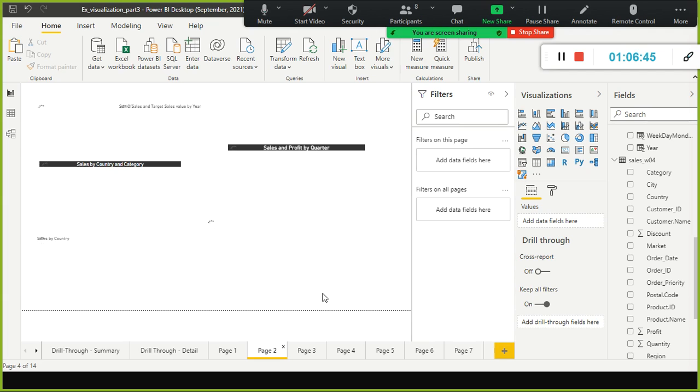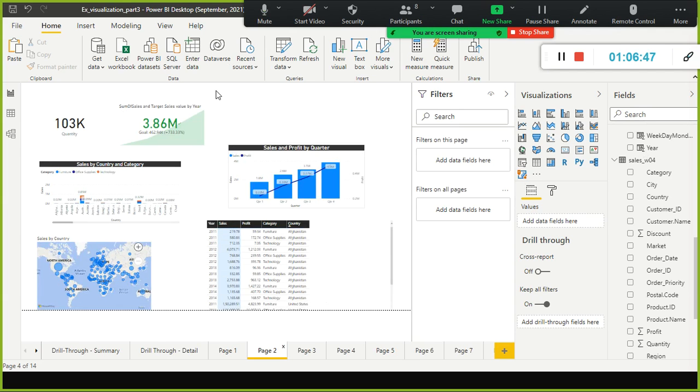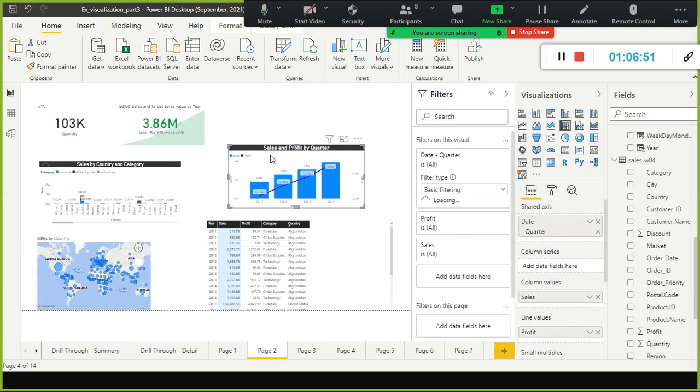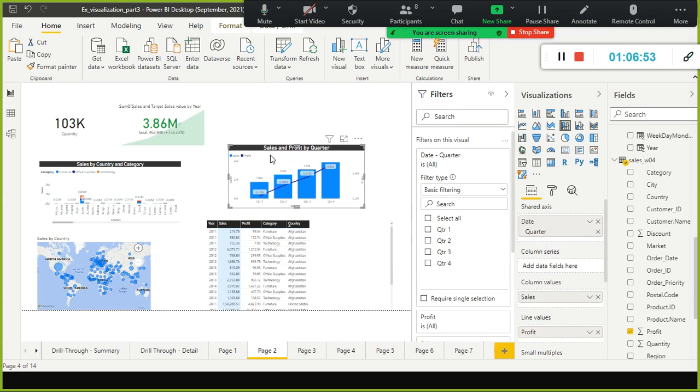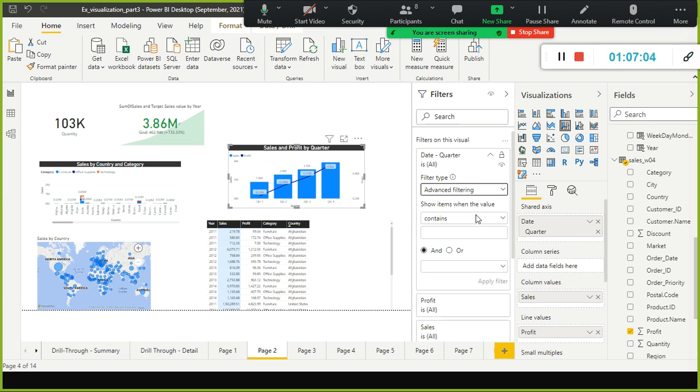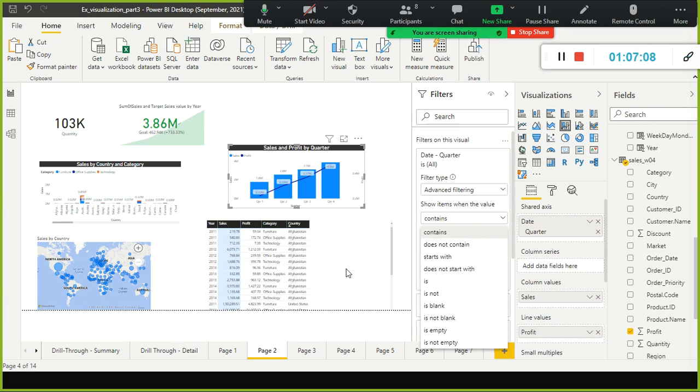Got it? So, in the visual level filter, obviously you have to select the visual that you want to filter. You need to select the visual manually and then select the column, and you have basic filtering. Here also you have different options: advanced filtering, top N, different filterings are available, right? It contains using a condition and operation, you can specify some condition based on which also you can do filtering.